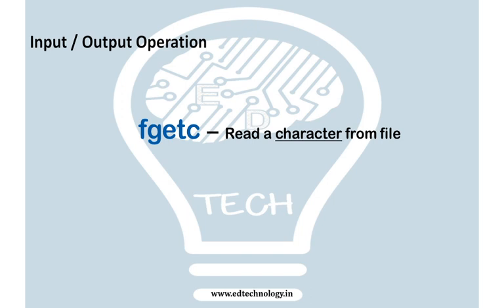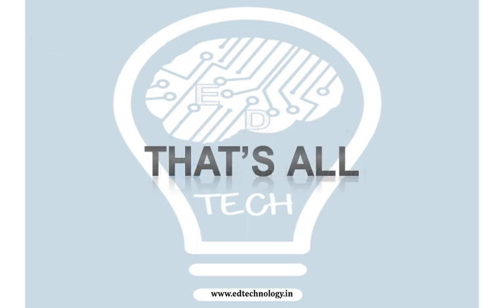Input output operations can be done in the file using two commands. One is fgetc, which is the character getting function for the file, so it reads a character from the file, and the second is for writing a character to the file. These are the two functions which we will be using in the next programs in the further part of file management, and with the help of these programs we'll be able to write or read characters from the file. So this is it for today's lecture. In the further lectures we will be seeing more examples, and we will also see how to use different files and different mechanisms.